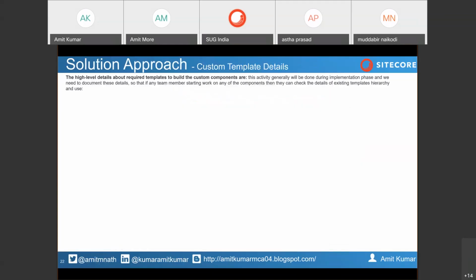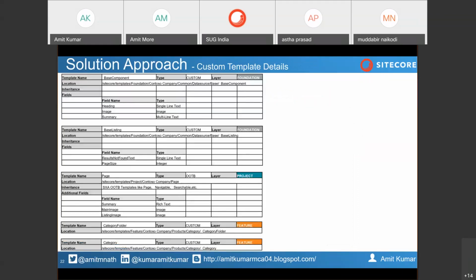So now I will explain, for whatever components we have identified as custom or anything else, how we will create a template for them as per Helix and as per SXA. Generally, if I am creating any sort of custom component, that component can have a heading, image, and summary.